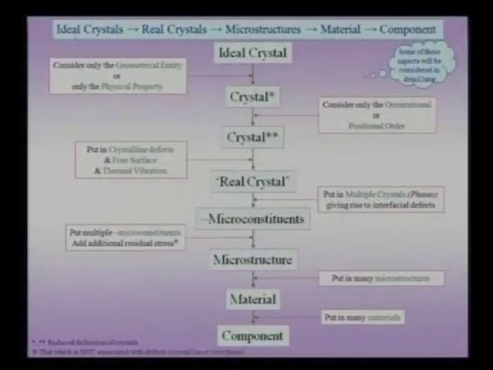So, let us see how we can go from an ideal crystal to a real crystal to something known as microstructures. Of course, microstructures will be dealt with in a lot of detail in the later part of the course. Then to a material, which is what we commonly deal with. For instance, I have here a material with me, which is of course not a single material; it is a combination of wood and a certain kind of fiber which is used for a duster. It could be a material like a chalk, for instance. It could be any kind of material, and some of these examples I am showing here are not crystalline, but since we are mostly describing crystals, we will consider examples as if we are